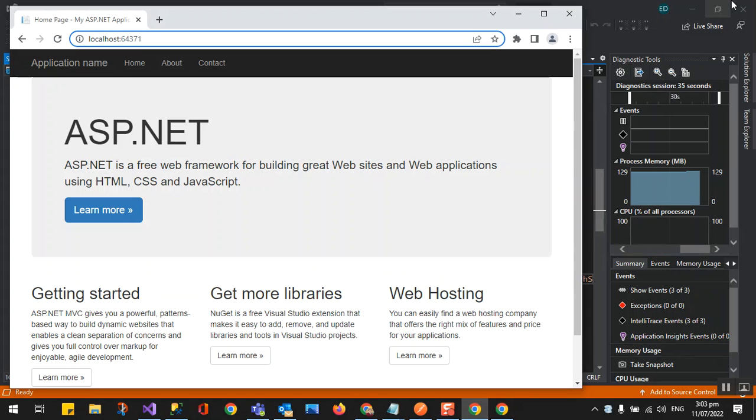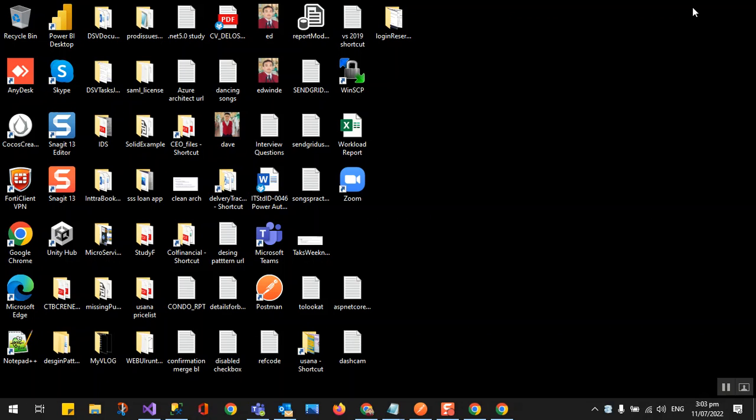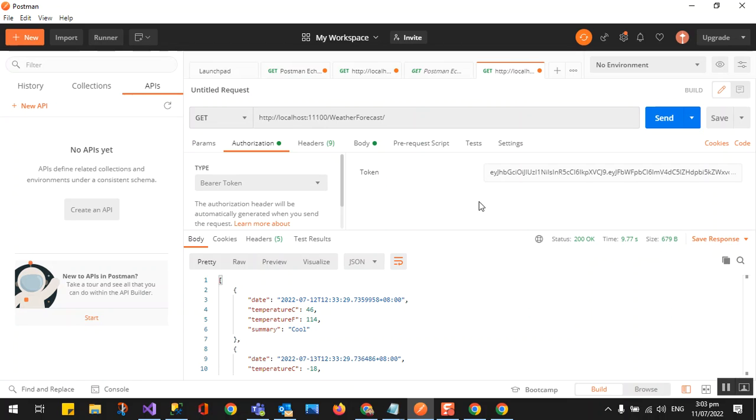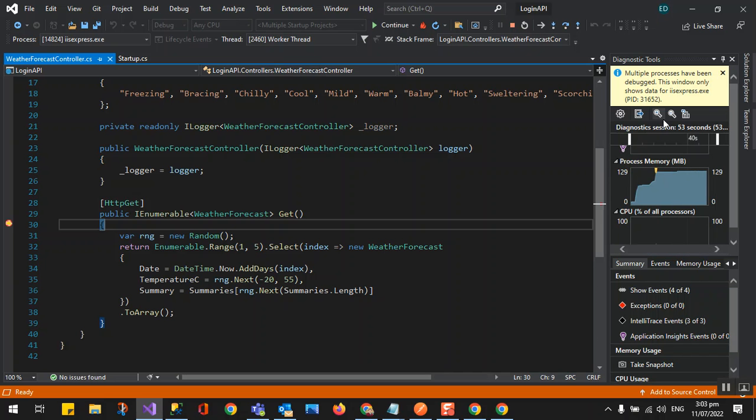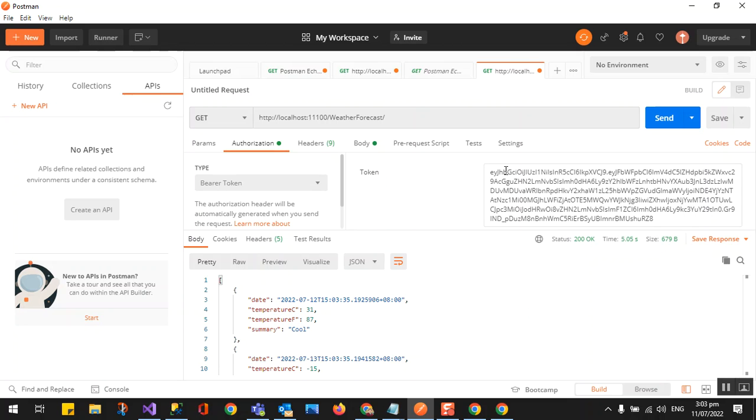So I will show you. First we are going to use Postman. Basically this Postman request, oh, it's already valid. We already set the encryption, the bearer token here.